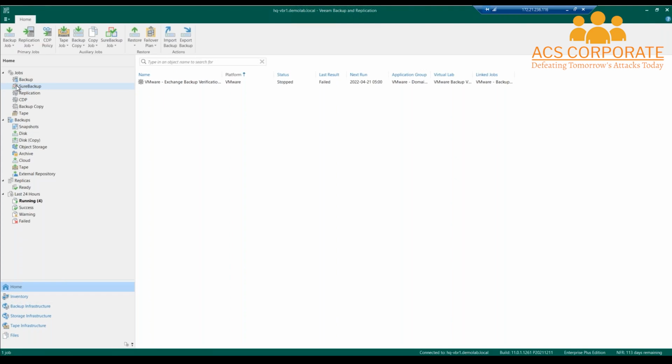Then you will create an application group, which is a list of dependent VMs that you want to verify together. After that, you create a SureBackup job in which you will instruct Veeam to test those VMs in this isolated environment. Veeam will do a restore of those VMs into the isolated environment and perform such tests as